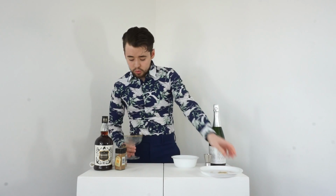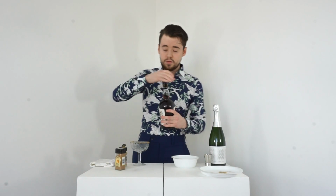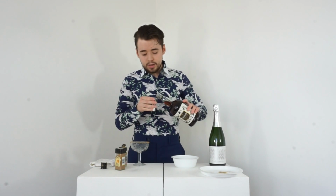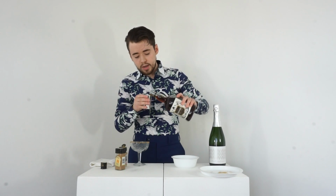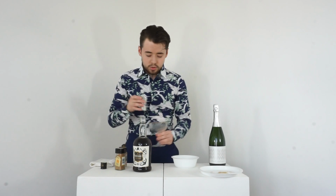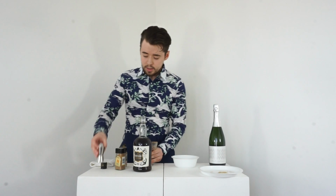The second, what you want to do is grab some rum. Now this rum is very nice. It's available at Aldi for only $14.99. It's got some nice vanilla aromas and flavours, along with coffee and lime. So you're going to want to grab 30 mils of the rum, pour that into the glass,